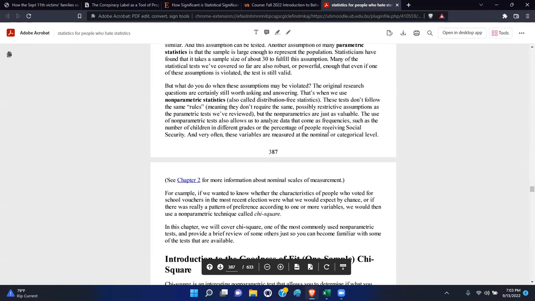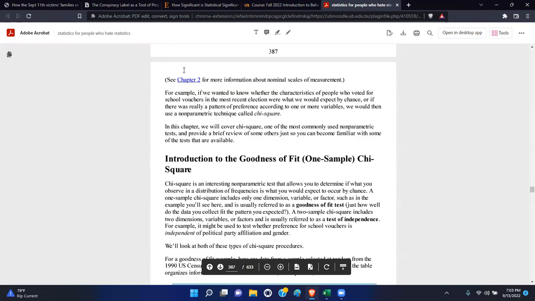But again, even the author of this book is like, well, look, even back in chapter 2, we covered some information regarding the nominal scale of measurement. So you can see that statement right here. And this is another aspect of non-parametric statistics, that sometimes you are measuring participation, or you're measuring the numbers of people in different categories. So the number of Jews, Catholics, Muslims, the number of Bahamians, Jamaicans, Trinidadians, the number of boys, girls, the number of